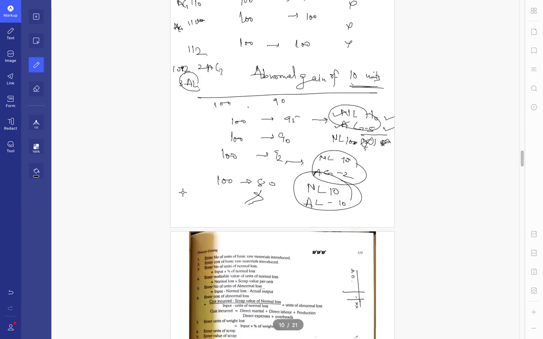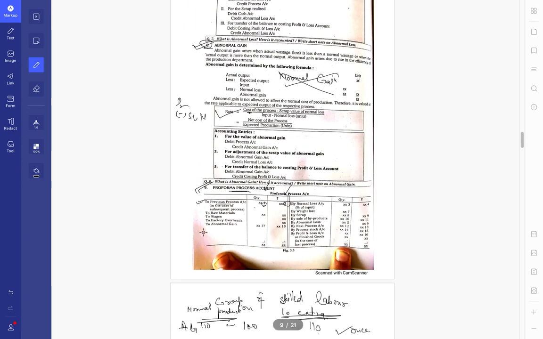Let's say from the previous process you have 10 units, 100 rupees, then you need to transfer this amount as it is. You cannot change it. Then any raw material quantity and at whatever rate it is being purchased or taken, you have to take it at that rate. Wages, always remember there is no quantity. Factory overhead, remember there is no quantity. You have to just add the given amount, the total amount for it.